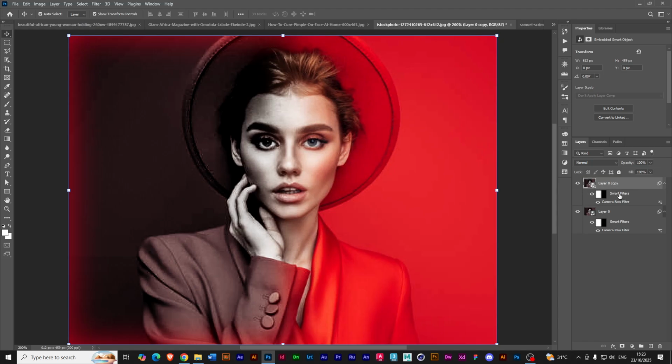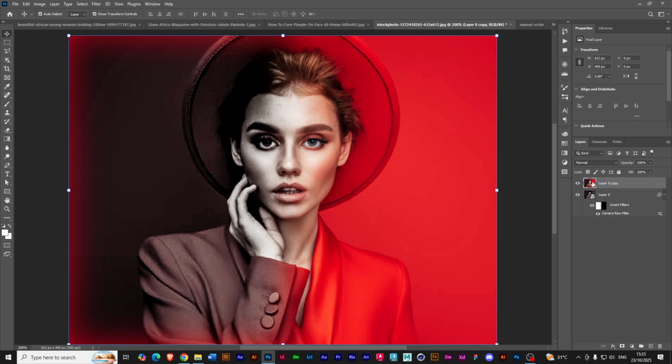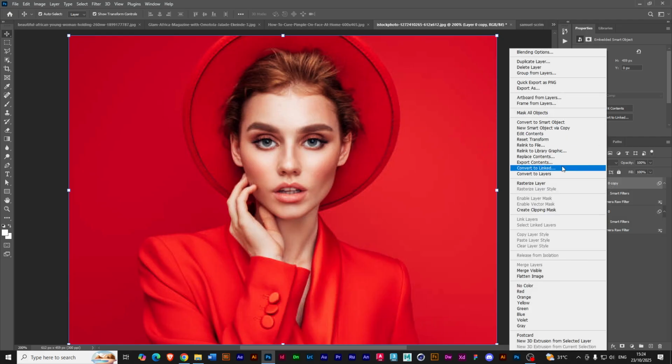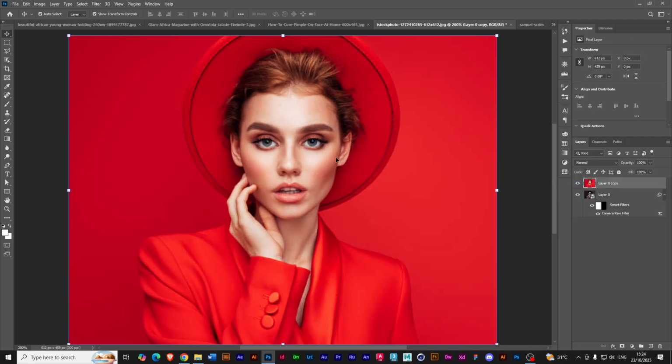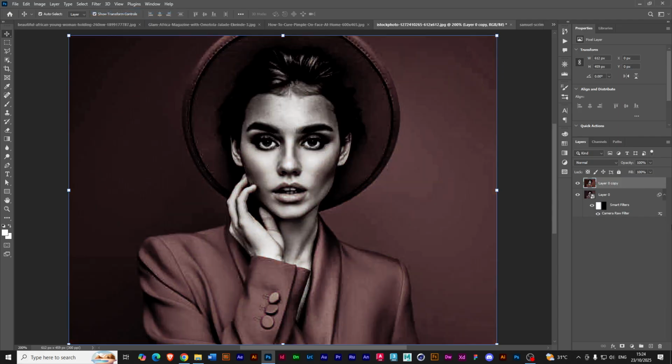If I rasterize this layer, it goes up with the effect. Now I can't turn the effect on or off because I don't have access to it. All the effects I have done have become standard. I can't change it again. So whenever I do something like this, let me rasterize the layer, and then I go and do maybe a change, like I go to filter, camera raw filter, and add that effect, right? There is no